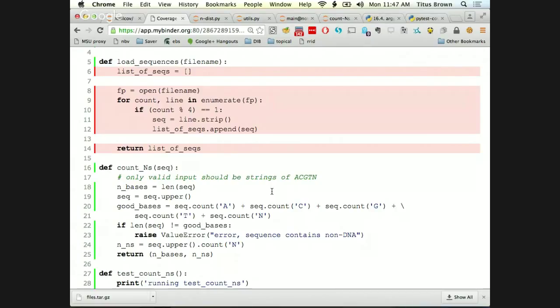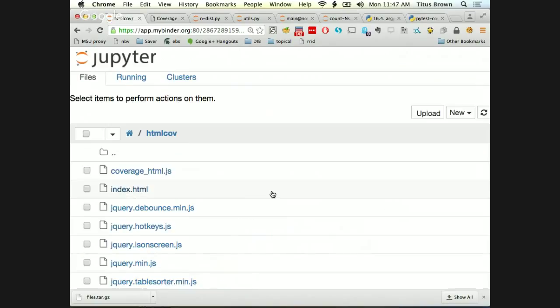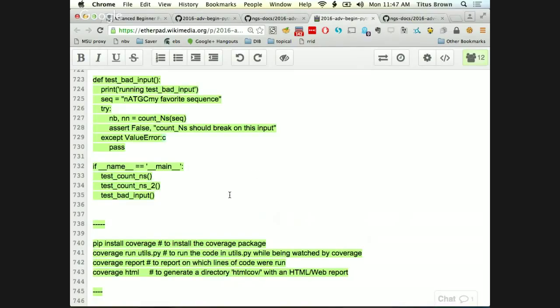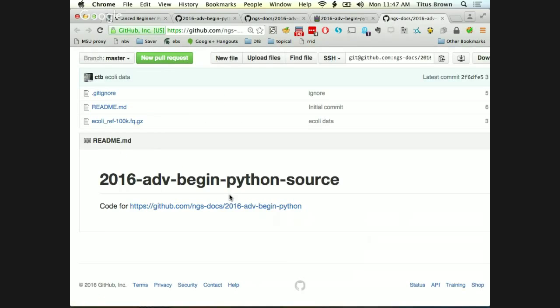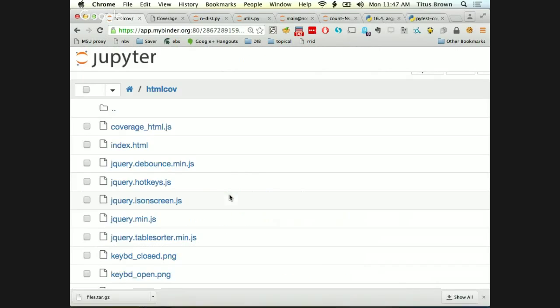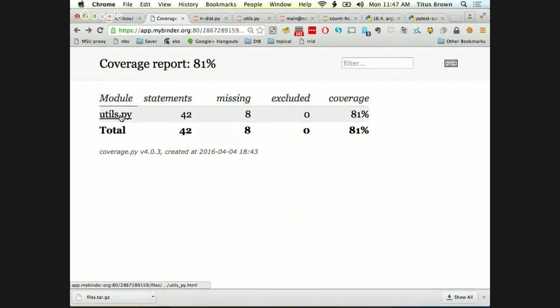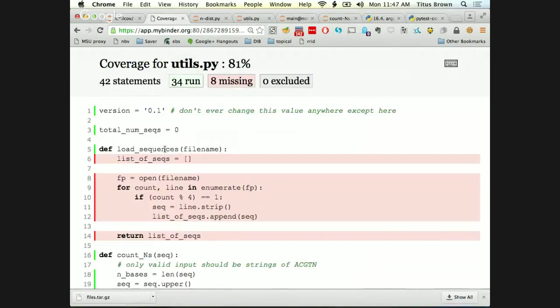How are you doing this? So it created a directory called, so this coverage html command that I ran at the end generates an HTML report that's in the directory htmlcov. And if you go into that directory and you load index.html into your web browser, you should see this. Oh, I see, you're asking about this? Yeah. Click on the file name. Click on utils.py. Oh, I'm not even getting that. I'm getting